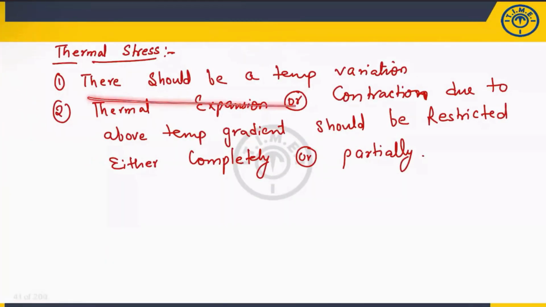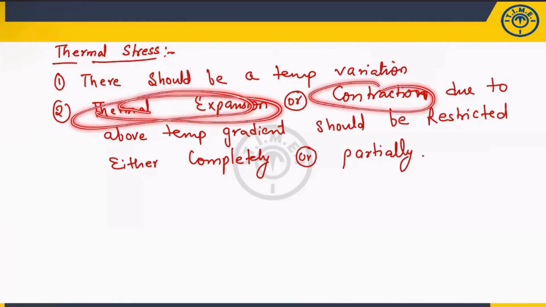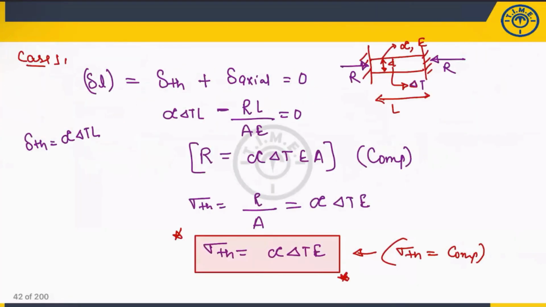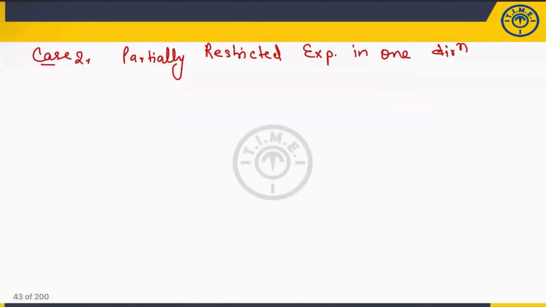So, because I have told you there should be a temperature variation, the thermal expansion, whatever the expansion and contraction is going on due to the temperature variation, which we are increasing, that should be either completely restricted or partially. So I have discussed the complete case, that means from both sides it is restricted. Now I am just discussing the second case when it is partially restricted in one direction. Then how will you solve? Now just see here. This is the rod. This much amount of elongation